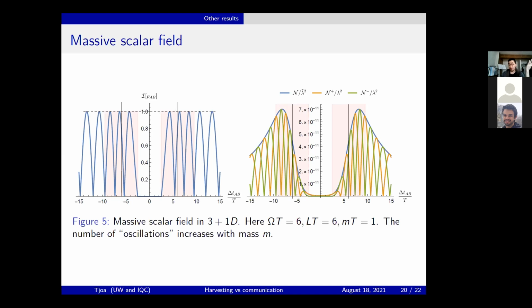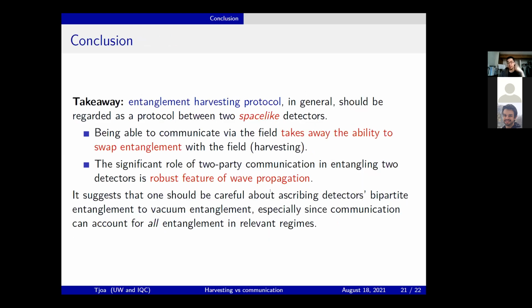For example, when m is around 1/100, as far as entanglement harvesting is concerned, it has almost the same number of peaks as the ones you get in the 3+1 massless case. And essentially that's the story I would like to tell. It's not really very long, but the takeaway is that